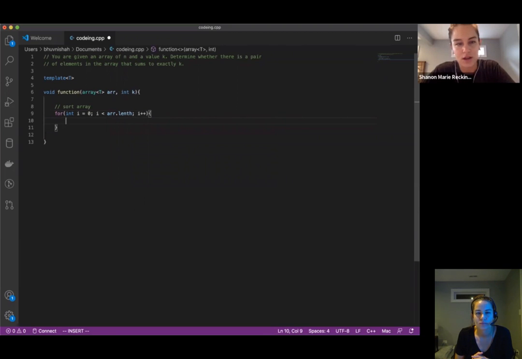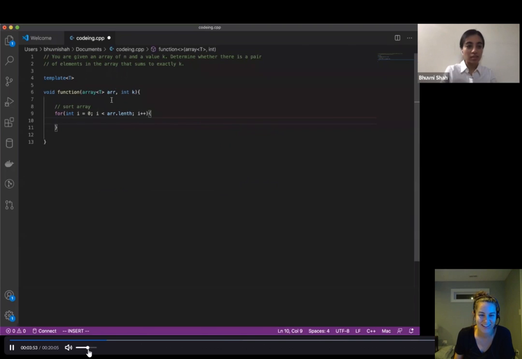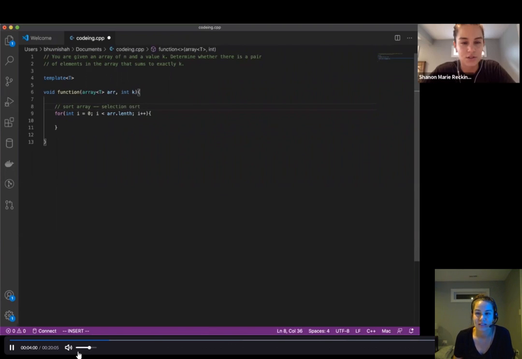That array that you're using, is that a C array or is it some abstraction array that you have? It's just an array. Okay. So that was a really bad answer, to just say, oh, it's just an array. So, you're going to start doing selection sort on the array.